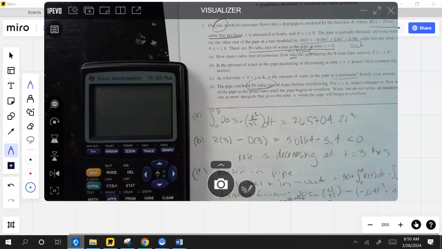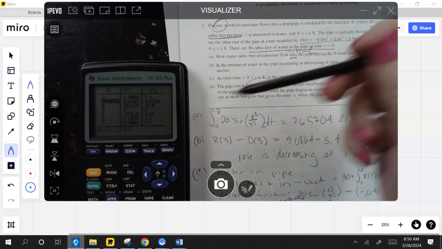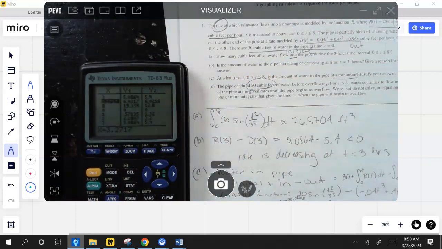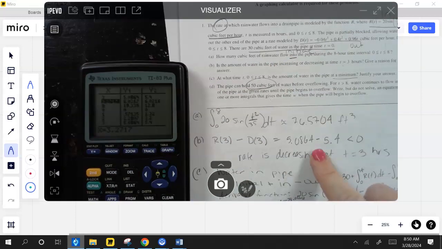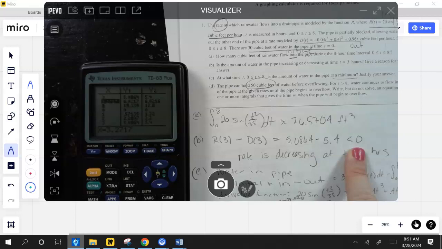I just went into my table and I found those values at 3. Y1 is my R and Y2 is my D. And so 5.0864 minus the 5.4. I don't even have to say, it didn't ask me what is the rate. It said, is it increasing or decreasing? That's definitely a negative number, so I just put that it was less than 0, so it's decreasing at 3